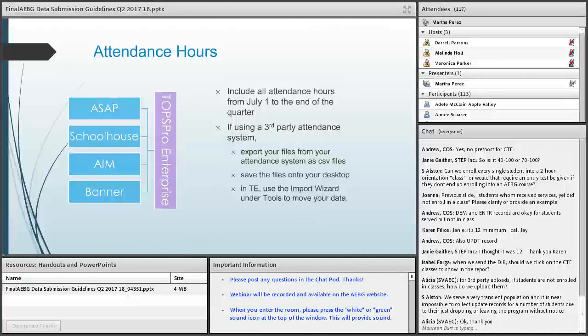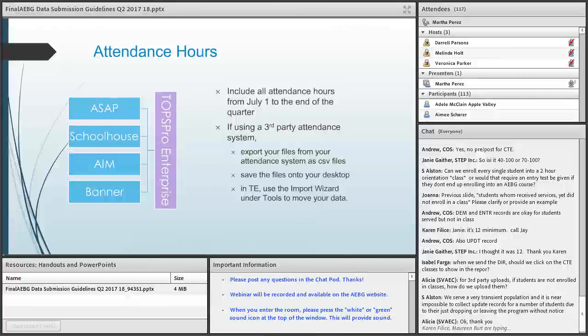So for including all attendance hours, you would need to select from July 1st to the end of this current quarter, which was March 31st. Then if using any of these third-party attendance systems, you would export your files from your attendance system, such as ASAP or Schoolhouse, and make sure that they are exported as CSV files, comma-separated value files.